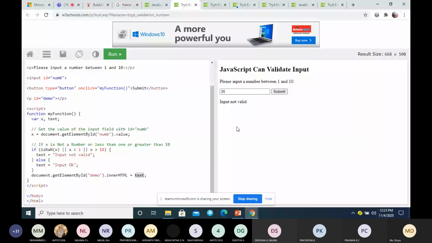You can also use the regular expression concept. You have studied regular expressions, right? That regular expression can also be used here, where you can write a regular expression for checking the email ID, how the email ID should be. It should contain letters between A to Z or numbers 0 to 9. You have to write that regular expression, so that also can be used for validating the form.